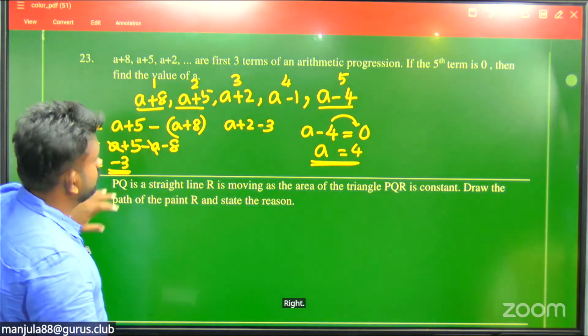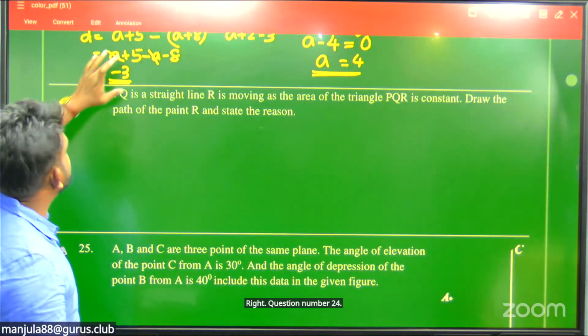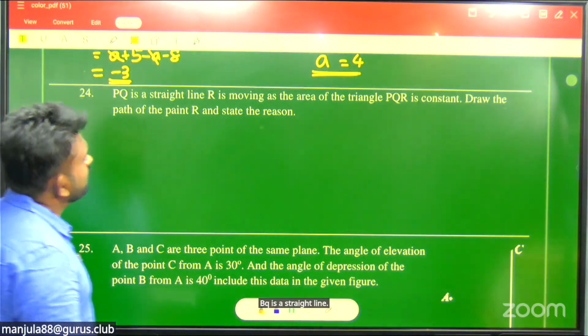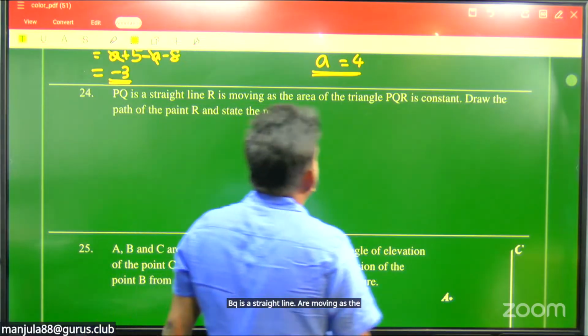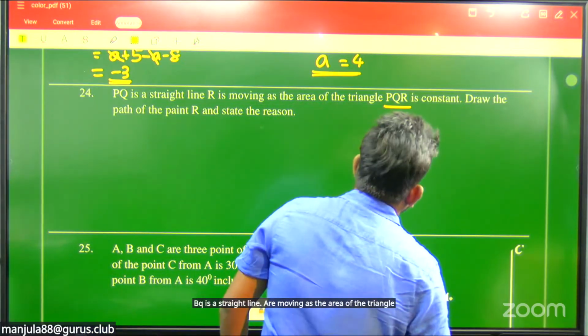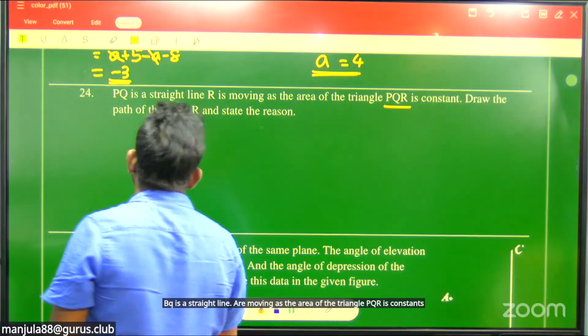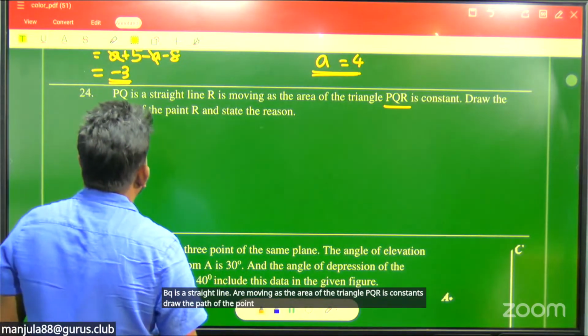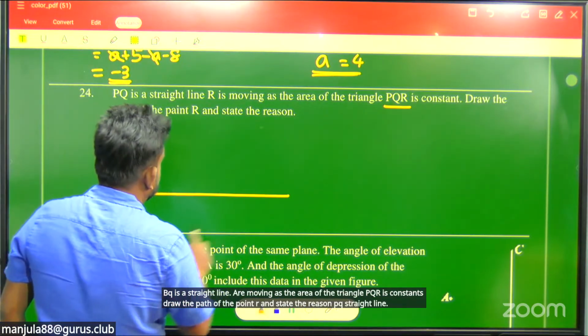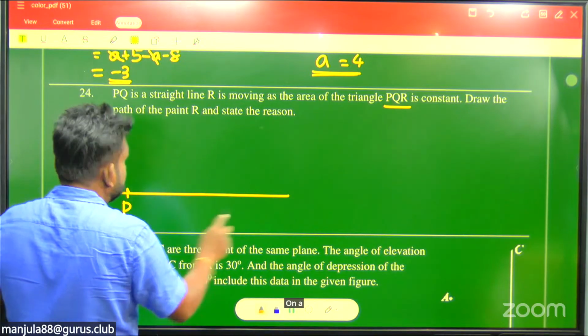Question number 24. PQ is a straight line. R is moving such that the area of the triangle PQR is constant. Draw the path of the point R and state the reason. PQ is a straight line, that is